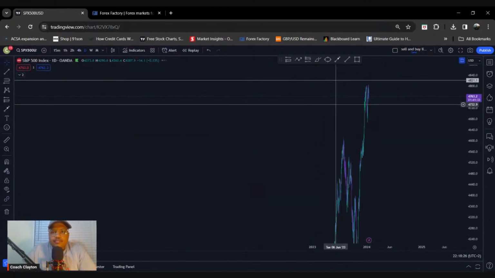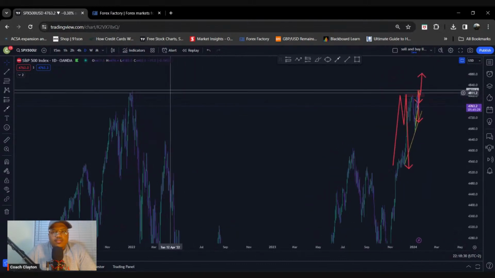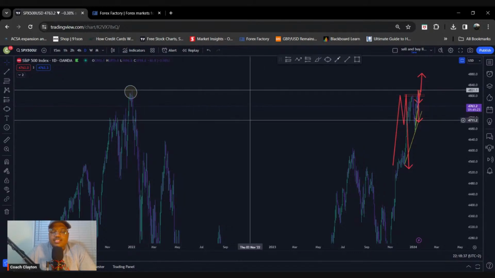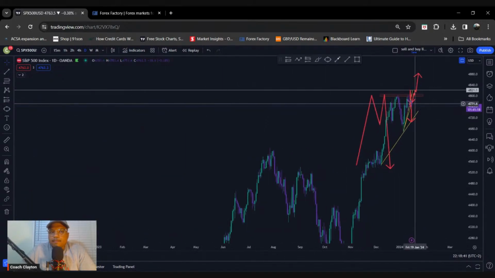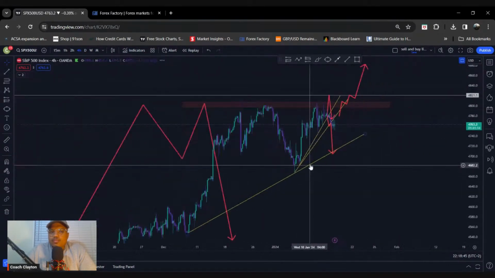In the daily, we can see that price action is at the previous high, right? Where the supply zone is, and when we go to the lower time frame, like the 4 hour, we can see